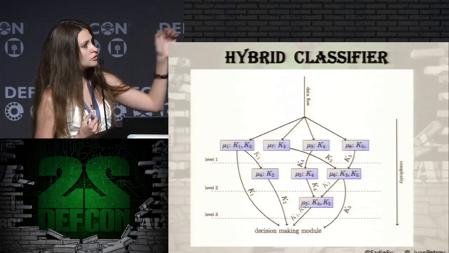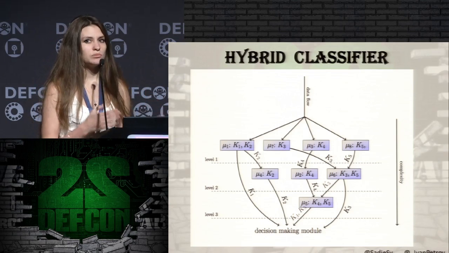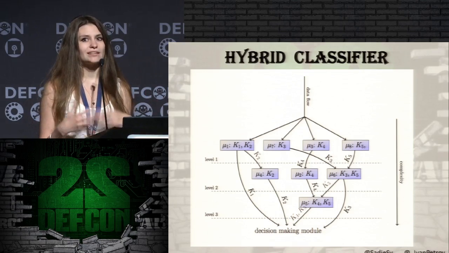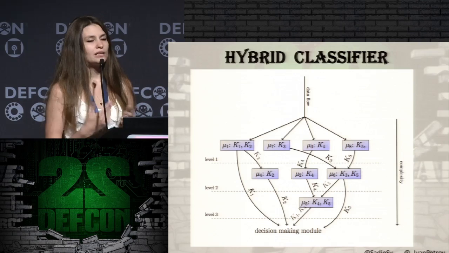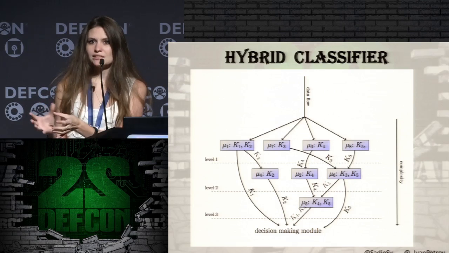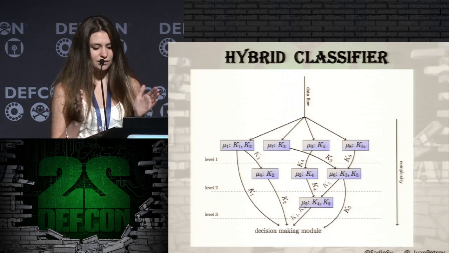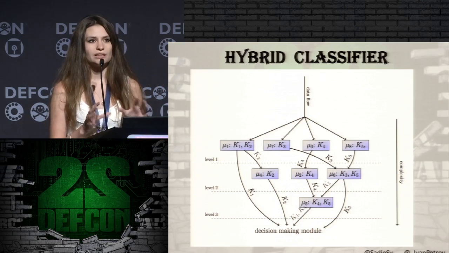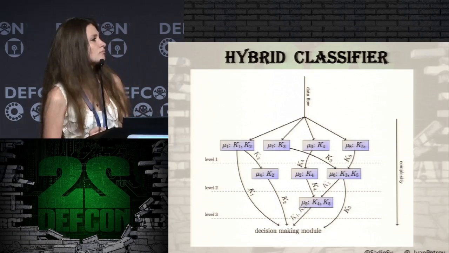After that, all information is collected in a decision-making model, which says that it's possible shellcode, and moreover, it classifies the shellcode. By classifying shellcode, I mean that we are able to say that this piece of data is shellcode because it has, for example, a certain type of obfuscation, and so on.